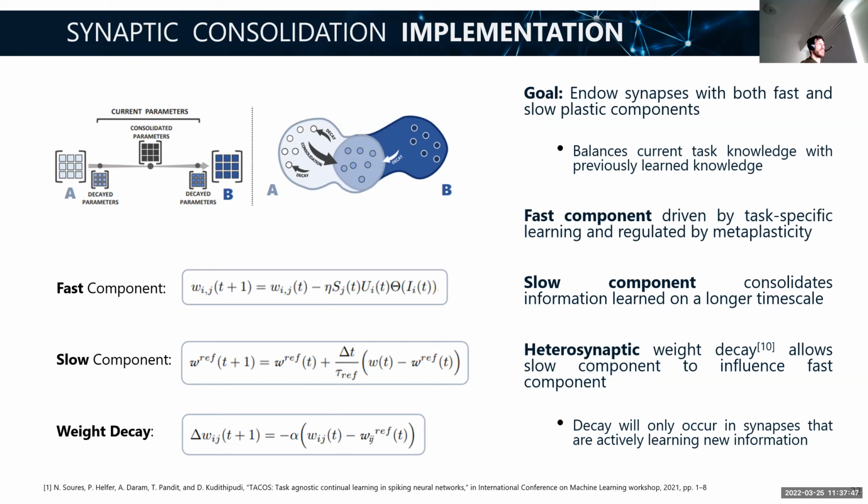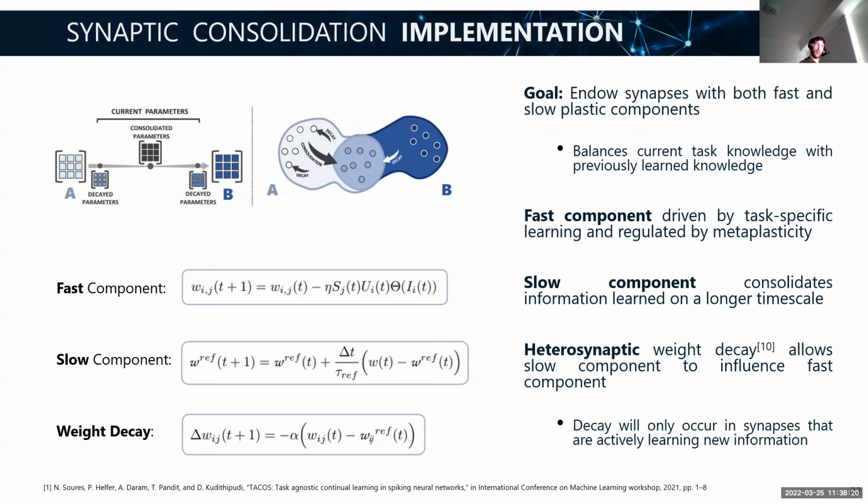So what this does is it allows the slow component to integrate that information. Your fast weight might change up and down, and the slow weight will be some moving average reflecting those changes over time. But that's not enough by itself. We also need some way to allow the slow component to affect the changes to the fast weight, or your regular weight that's used for inference. And this is where the remembering comes from.